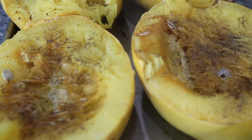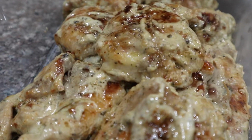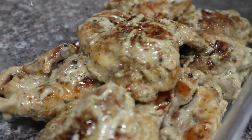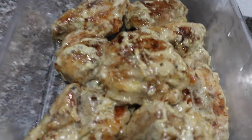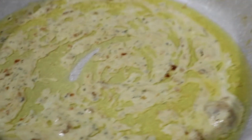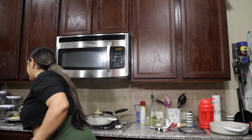This is the finished product, guys. You just gotta slip a fork through it and spaghetti ready. Right here, this is the finished product of the chicken thighs. As you can see, the sauce is over it, but it's not overbearing, which is what I enjoy. And now for the extra oil, I'm just going to be using to cook the rest of the thighs. But guys, we are about to have our dinner and then our last meal, which is going to be...